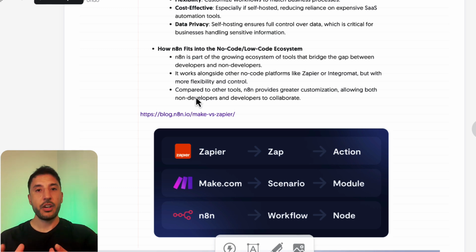All right, so that was a quick introduction to the automation space and these different tools. In the next video, I'm going to introduce you to the n8n app, the canvas, and how to sign up for the free 14-day trial n8n account so you can get started. Then I'm going to do a quick introduction to how you can build your own little automations to get a good understanding before you move on to the rest of the tutorials. So this will be a good foundation for you to get started with n8n.